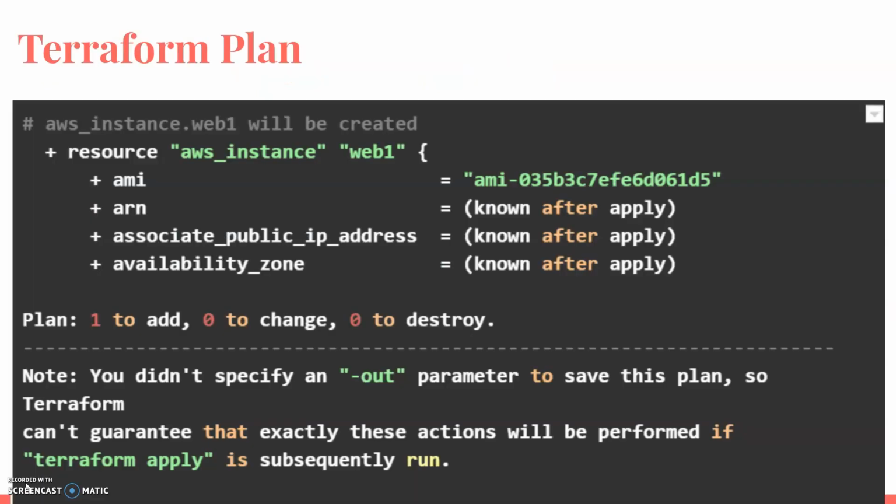Okay, so this is the image where we can see the plan impact. You can see resources being created, where the AWS instance is created, and you can see one plan having 1 to add, 0 to change and 0 to destroy. That means one item is going to be added, with no change and no destroy. This shows what resources are going to be created, not that the actual resources are created. So your apply is still pending.